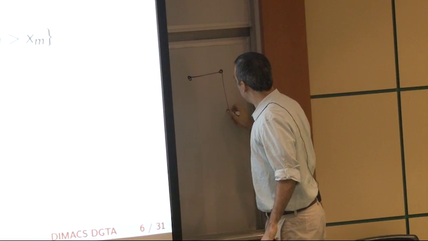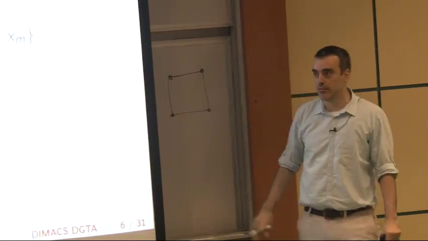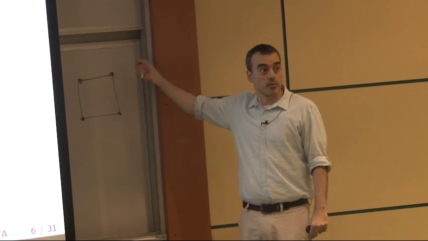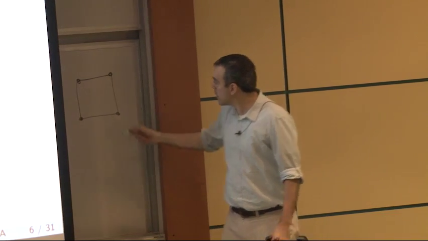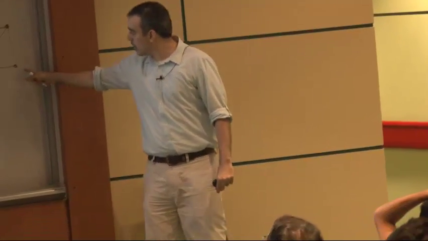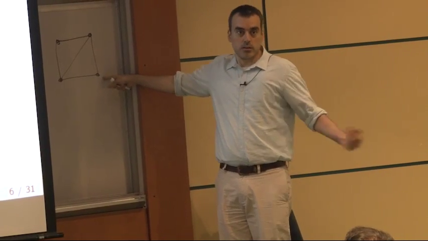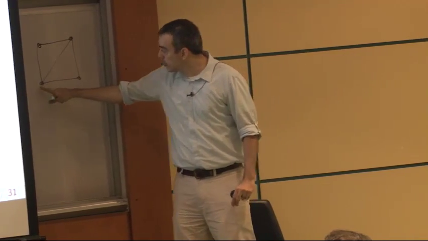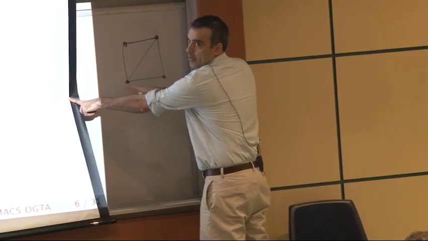For instance, if I have a graph that is just a 4-cycle, then it's clear that this graph does not have a perfect elimination ordering, because it doesn't matter which vertex I pick first: the two other neighbors are not going to be neighbors of each other. But if I change my graph and add a diagonal, then that graph will certainly have a perfect elimination ordering, because I can start with this vertex, the neighbors are going to be neighbors of each other, and I can keep going. But I could not start with this particular vertex.